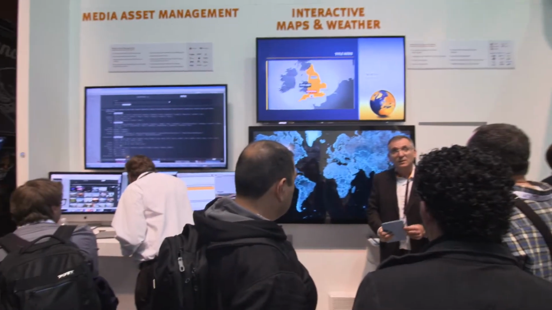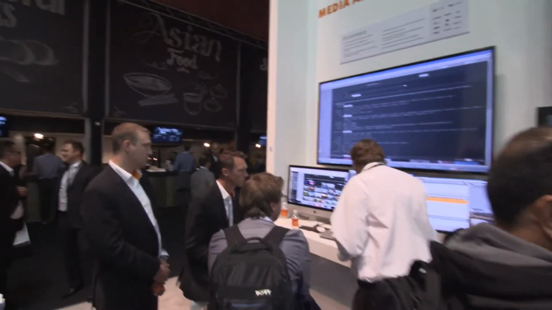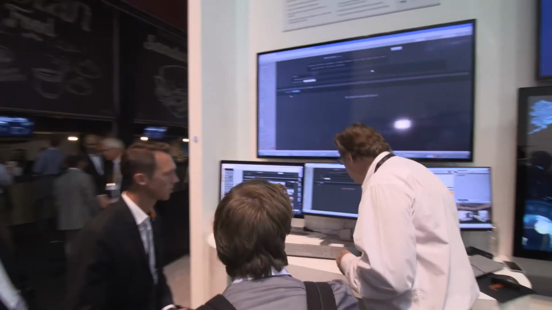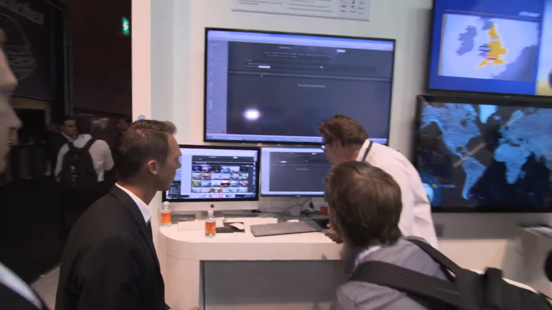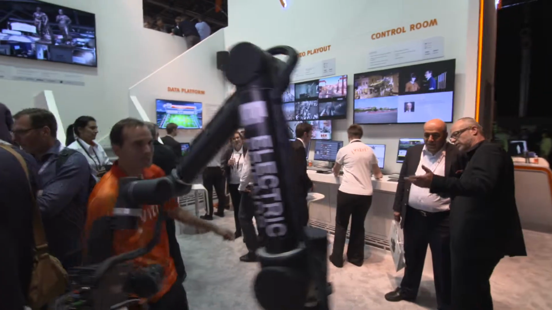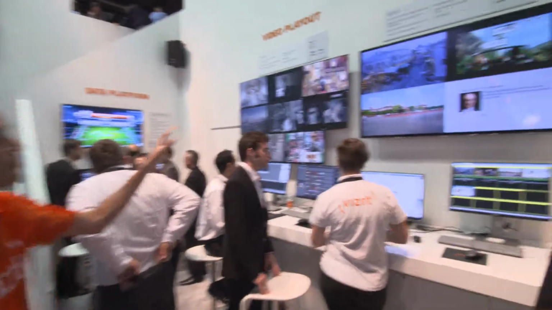And then next to that, we have another media asset management demo position where we're showing the one workflow for all your broadcast and online tools, including the new coder tool that Oscar talked about earlier. Let's actually take a look right behind you here, and let's watch out for the Electric Friends robot here. Here we go. And over here in the control room and in video playout, we're showing the advanced features of